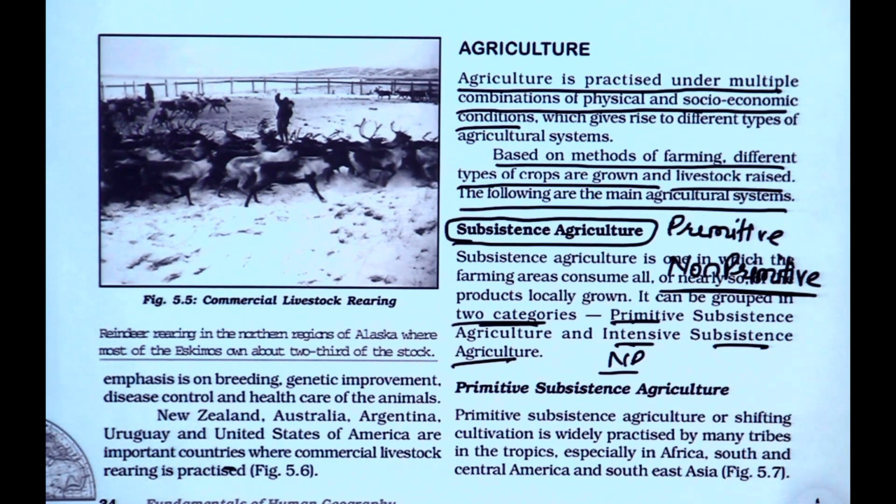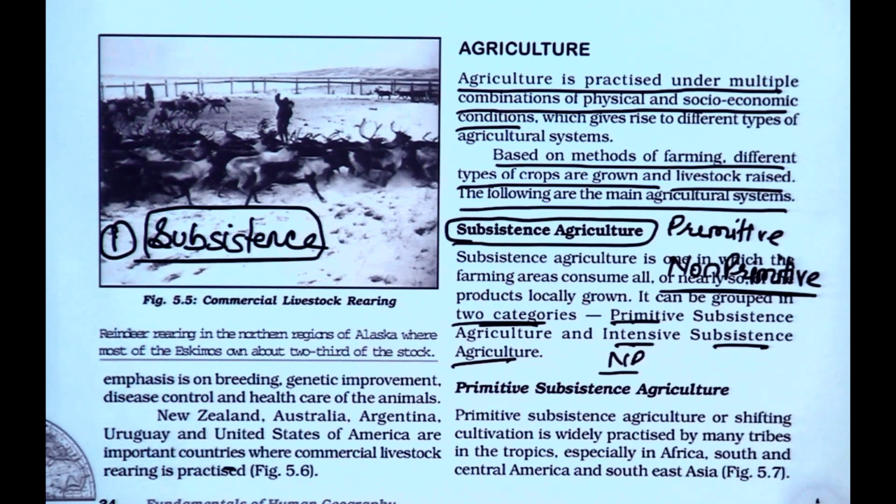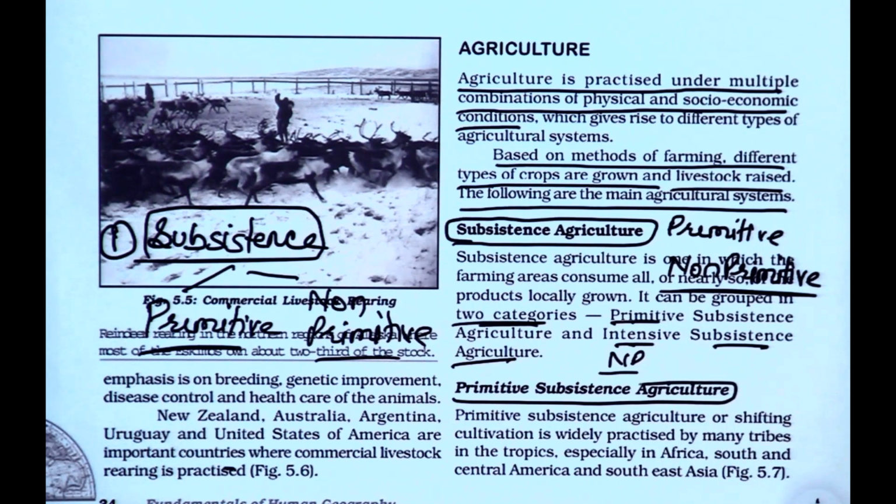So agriculture is crop cultivation or livestock rearing. And the first type of agriculture that we are understanding now is subsistence. And what will be the meaning of subsistence agriculture? I am cultivating crop or rearing animal for my self-consumption. And if I need to further subdivide it, it will be primitive or non-primitive. Now taking NCERT further, the primitive subsistence agriculture is shifting cultivation,